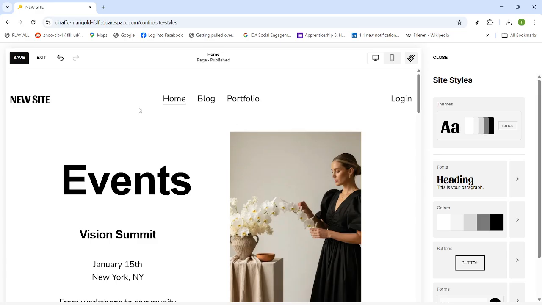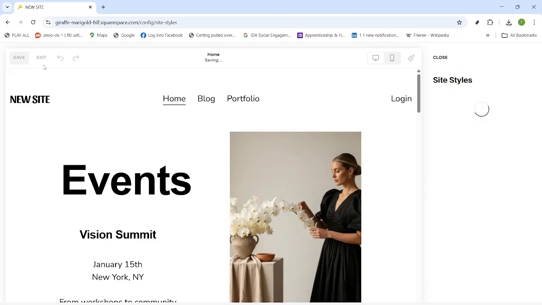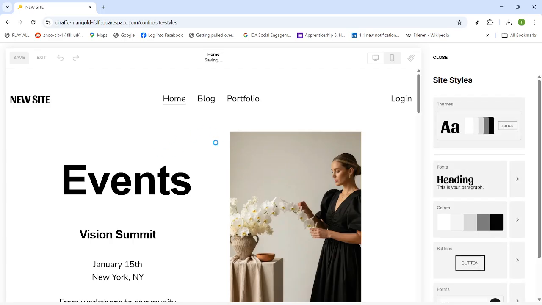When you're happy with the new menu size and the overall type pairing, click Save. That publishes your font choices and locks in the navigation size across your site. If you ever want to try a different feel, come back to Fonts, preview another pack, or fine-tune the heading size again. That's it. Your Squarespace navigation should now be